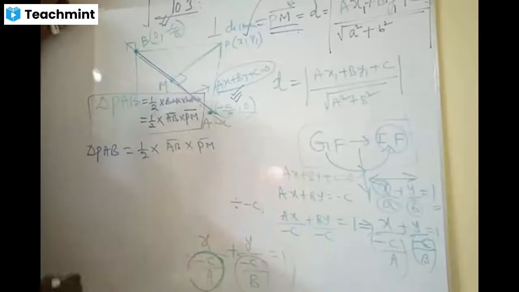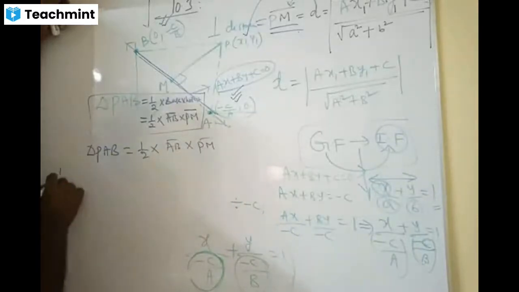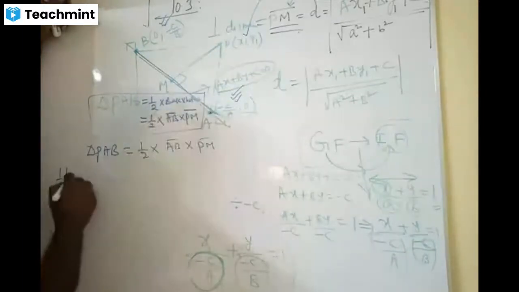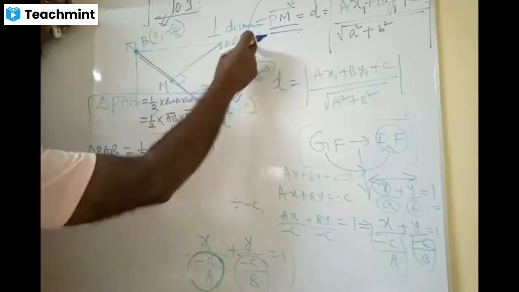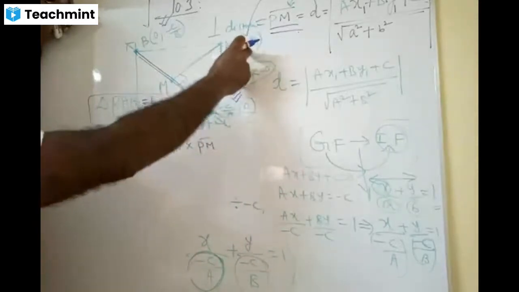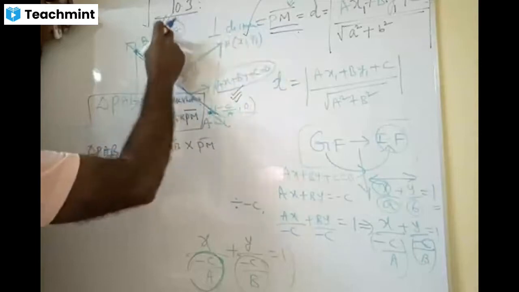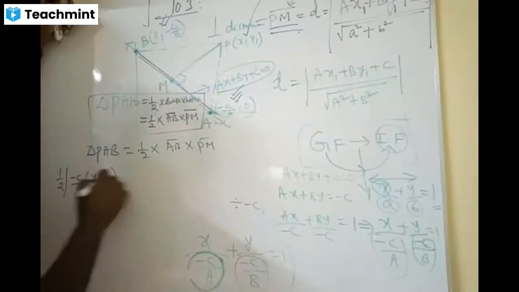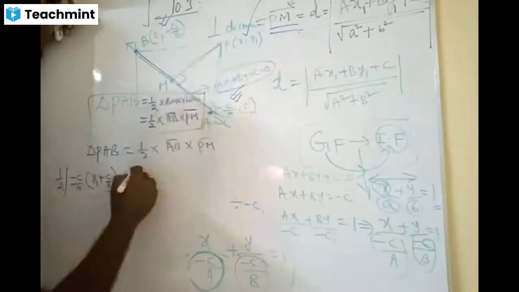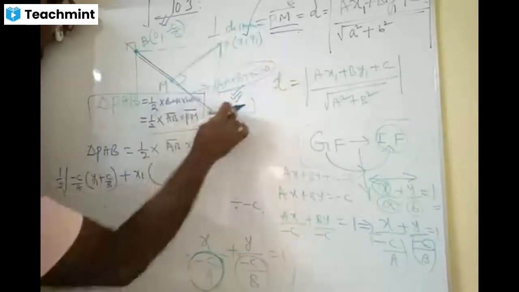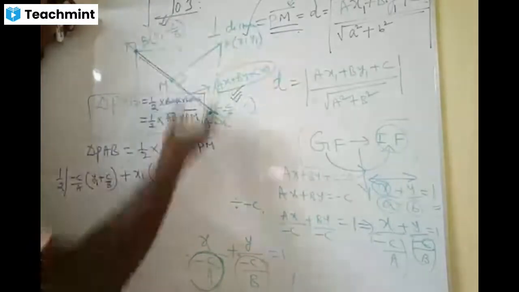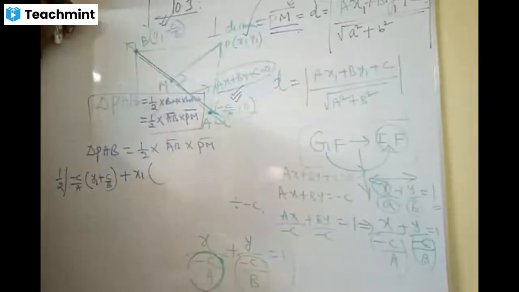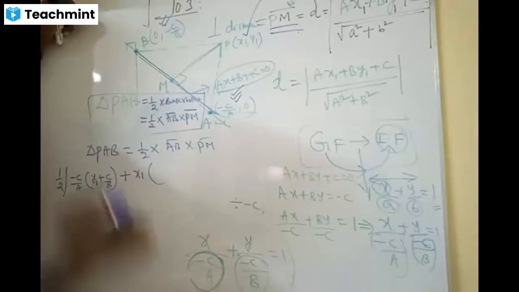Yes, okay. Right. Area of triangle PAB is nothing but half modulus x1 into y2 minus y3, y1 into minus C by A, of minus is plus C by B. If you don't know the formula, you can never get it. Next one, x1 y1, x2 y2, x3 y3. Sorry, you wrote x1 y1 and then you say x2 again, that is just the name and transform. Name is a fiction. Name is useless.